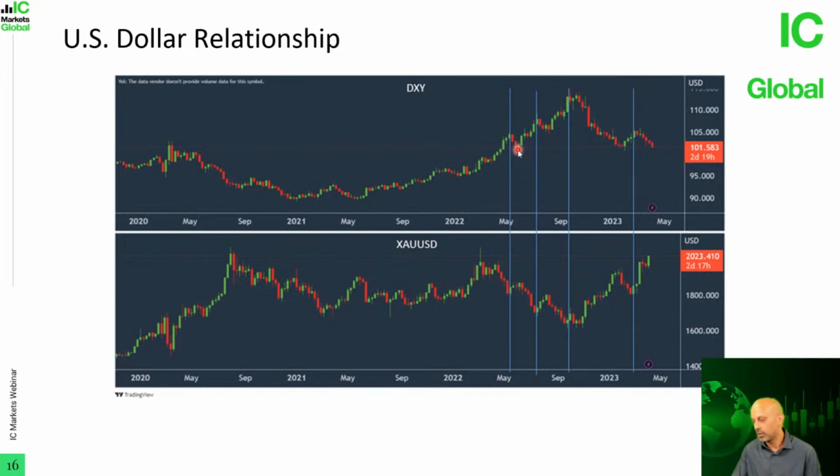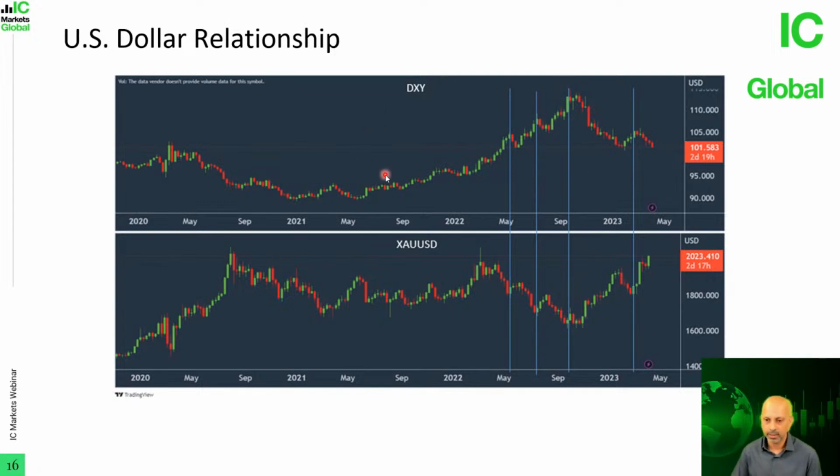But then the dollar index starts to rise again, and gold prices fall. The dollar index pulls back, gold retraces higher, but then the dollar index goes on to make a new high and gold prices drop. But over here, you can see in September, October of 2022, the dollar index peaks at this level here. I think it's about 115 if I'm not mistaken, and then starts to drop sharply. And during this period, you can see gold prices starting to rise strongly as well.